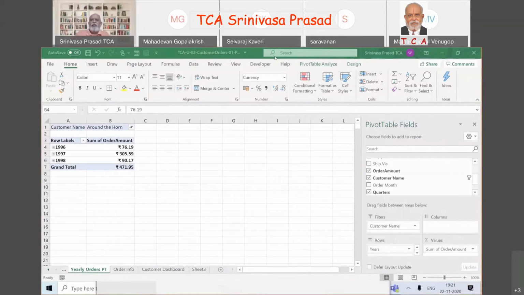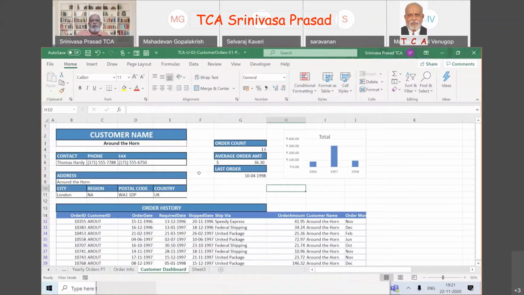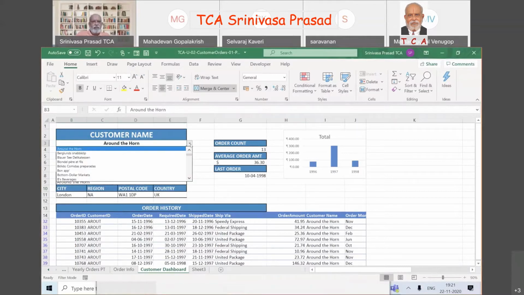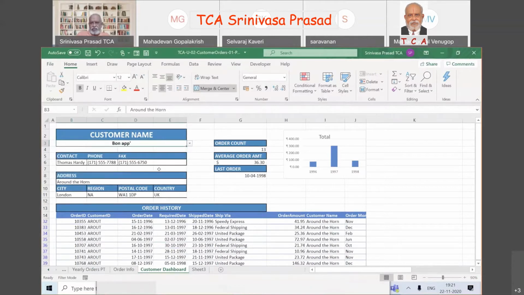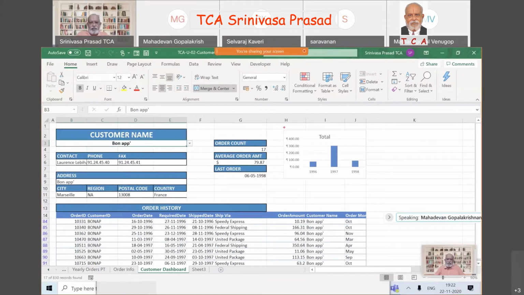Welcome back. We could do the graphs here. The charts have come here. The only issue is if I change to another person, let's say one app, everything changes, but my graph doesn't change. This place simply refuses to change. If you really look at it, this is the place where my graph also should change, but it is simply refusing to change. Let's take somebody else.